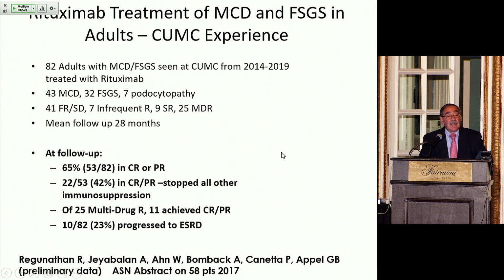I don't know if we're presenting the follow-up and the larger number or not, but we're working on the paper already. But nevertheless, if you have somebody who's failed a bunch of times, if they're frequent relapsing, and you're looking for what drug to use next, you could use TAC or cyclosporin, but they're likely to relapse on that as well. The rituximab is working very well right now.